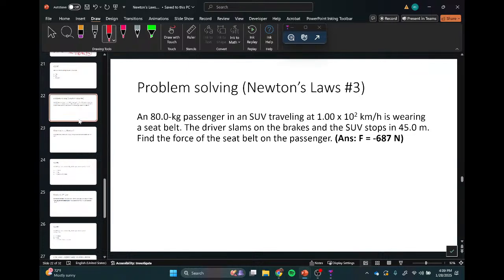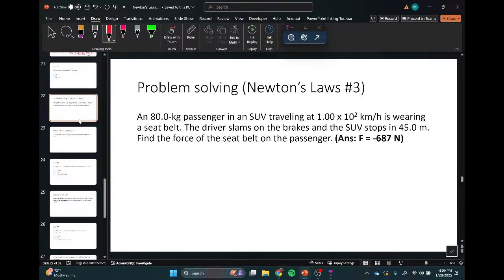This problem is a kinematics problem and a force problem. We're going to see that. That's going to be a really common trend where kinematics and force problems go together. Because remember, kinematics is describing the motion. Force is saying why is there a motion. So they're both about motion.